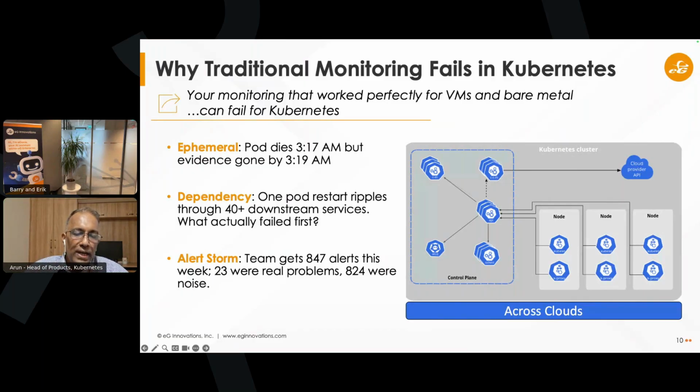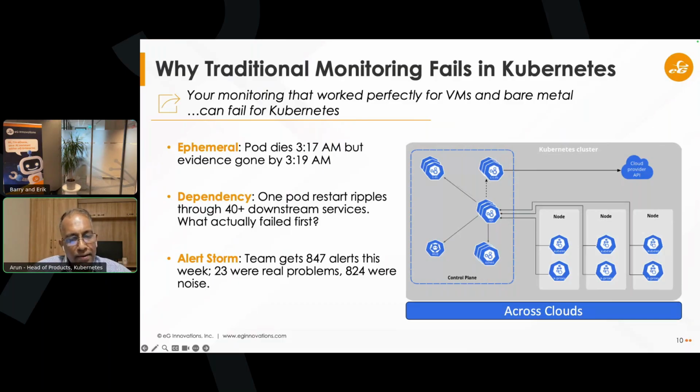So you need container monitoring and orchestration monitoring that is continuously checking for new pods that are created and destroyed, right? And that's the reason why you need Kubernetes native monitoring tools.